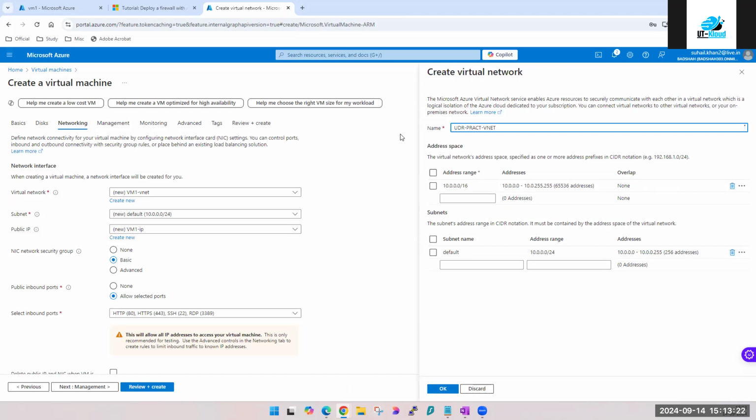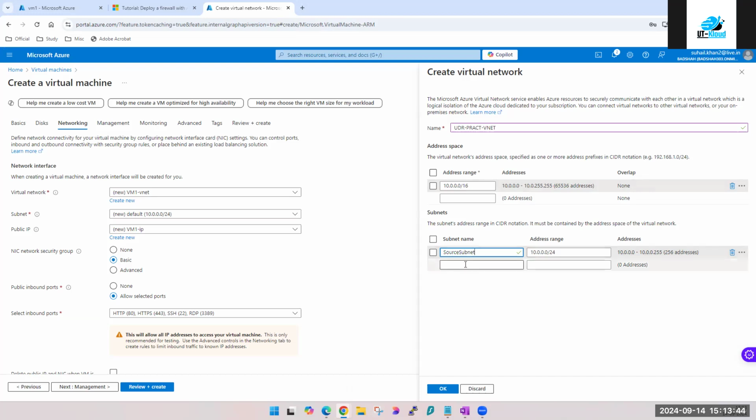I'm calling it UDR practical VNet. How many subnets do I need? I need 3 subnets. But first thing, let's get rid of this 10 range. Okay, let's stick to this.